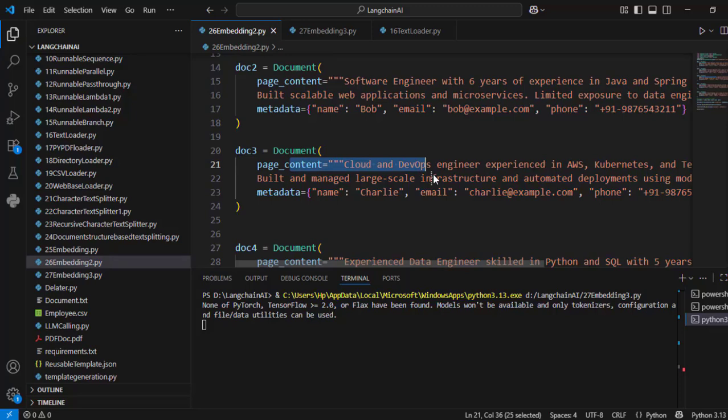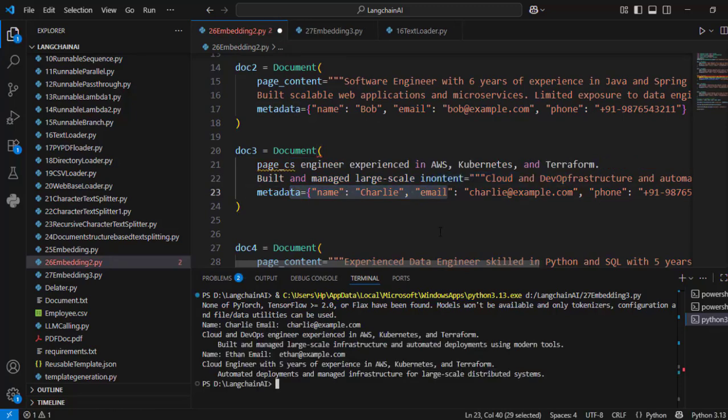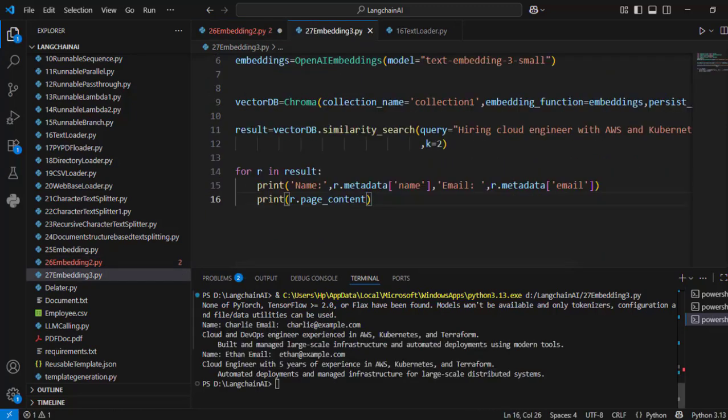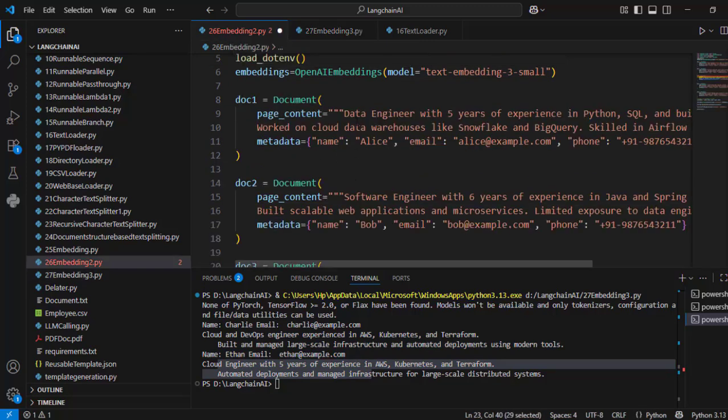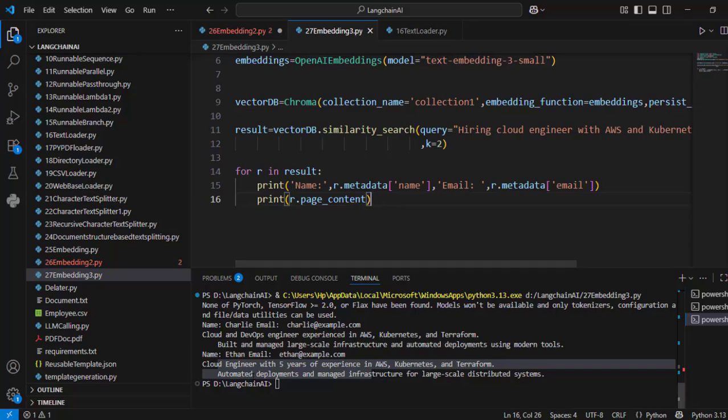if I go to another file, you see these are the page content and this is the metadata information which I have. Here I got the name and the email ID, and this is the page content, and this is another name and these are the page content. If I go to another file, here if you notice, this is the page content and this is the name, this is the email ID. So the information is displayed in a better way by using this